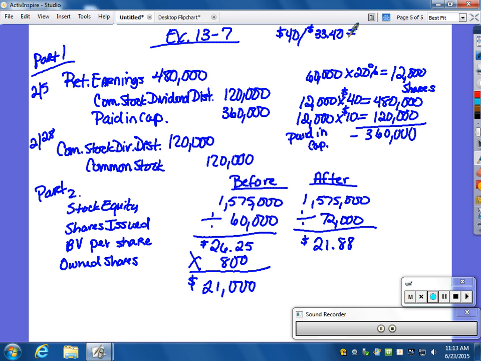1.19, or 1.20 if you round up. What's behind the 9? A 7, which means we round it up to 1.20, convert it to a percent, 120%. So we take that and do our 800 shares times 120, which gives us